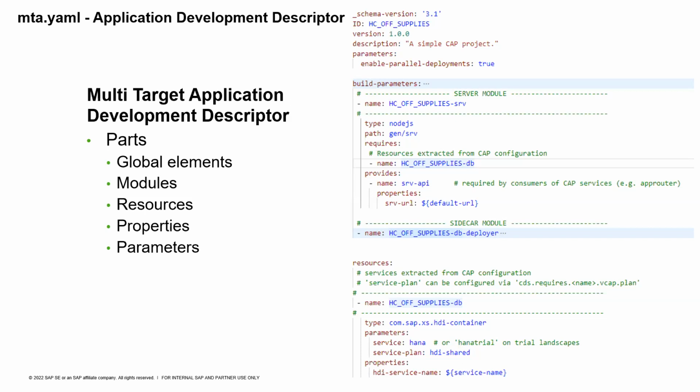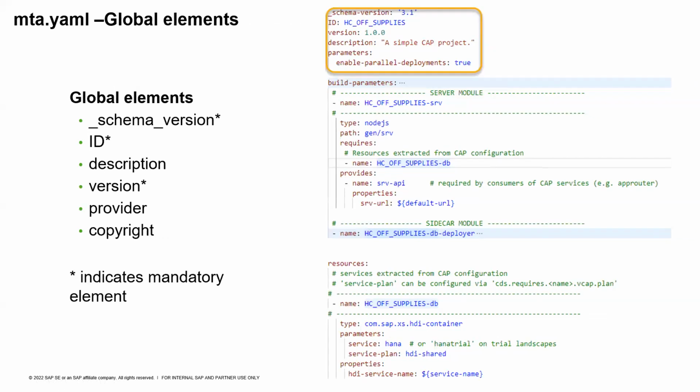Then we have parameters. So reserved variables of a module are called parameters, which can be accessed by other modules. So for example, user, app-name, default host, or default URI using the placeholder. So these are all defined using the placeholder notation, which is this dollar, like service name, and this is the placeholder notation. So parameters can be read only or they can also be read write enabled. We'll discuss these parts in detail in the next slides.